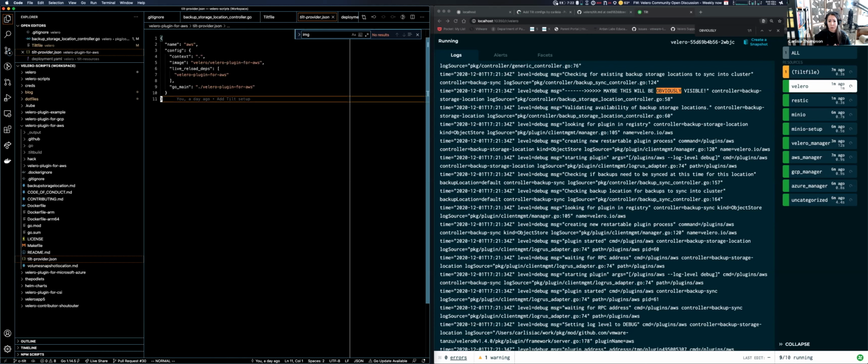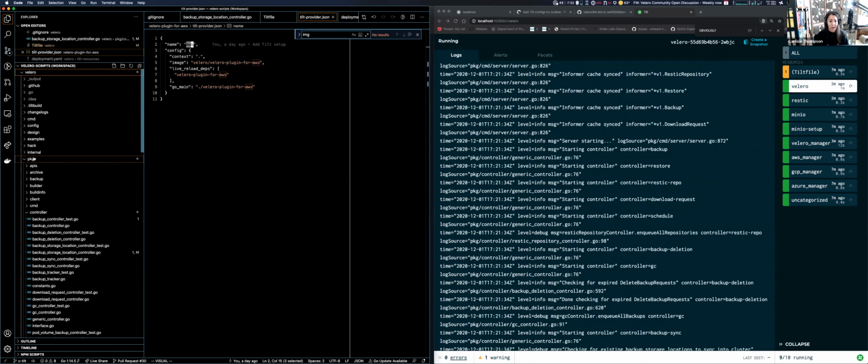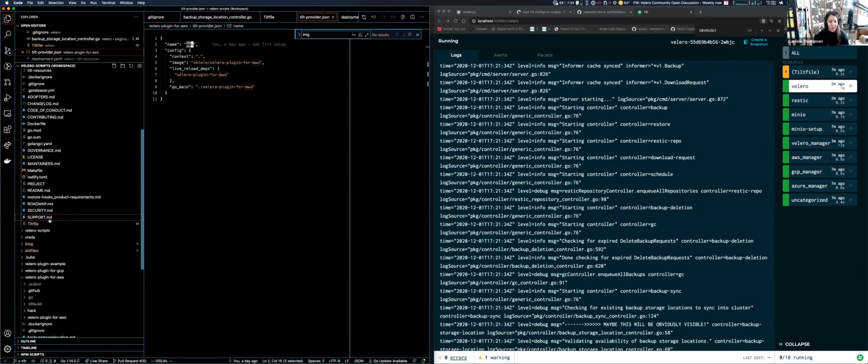You point to what directory you want to reload, and you also point to where the main .go file resides. In our case, it coincides to be the same directory, but with other plugins, they might have that somewhere else. And you give it a name, and this name is the name that you will specify in your personal